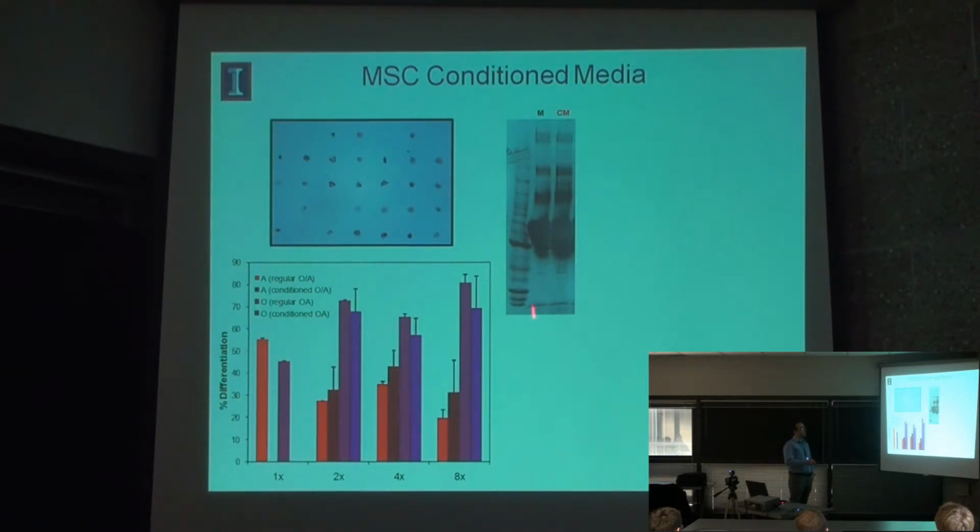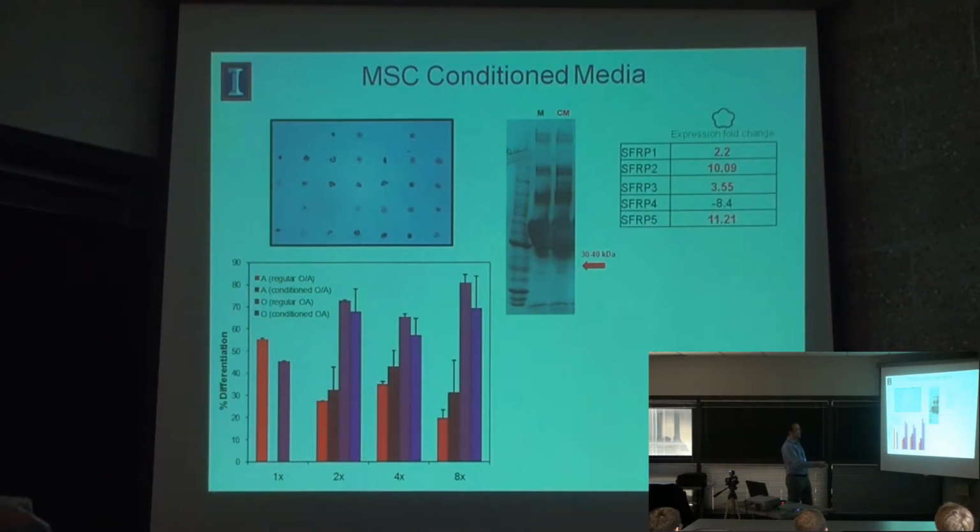And then we further took that media and ran some gels to see if we could isolate species. And we actually spent quite a bit of time trying to fractionate the media to determine what could be causing this density effect, which isn't much fun. It takes a lot of time, actually. And it's very messy, particularly when you've got things like bovine serum albumin in your cell culture media, and you're trying to deplete that out and it masks this whole region of your gel. But we did see some interesting candidate species over here in the 30 to 40